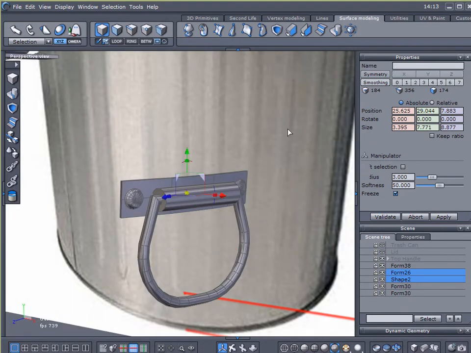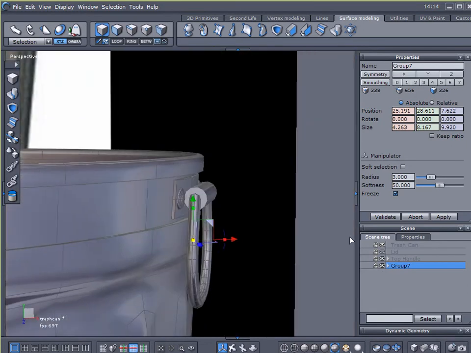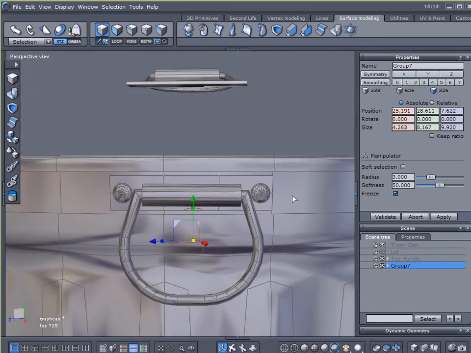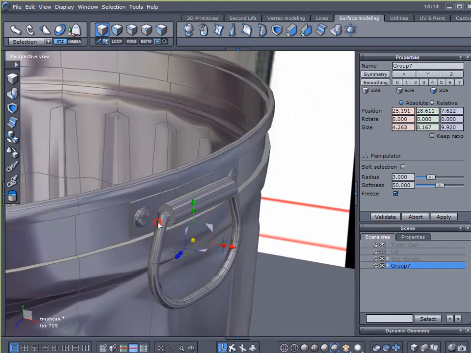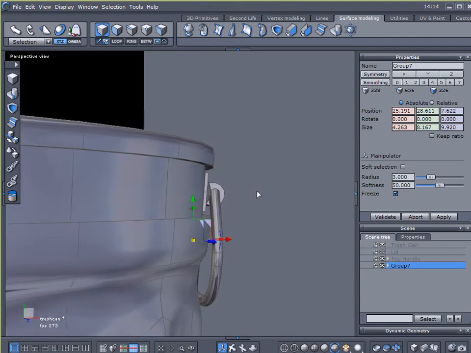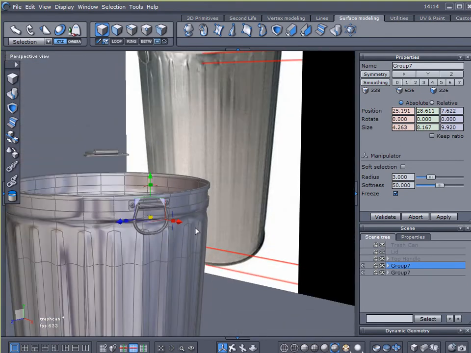And there we are. Okay, I will select all of those, 5 objects. I'll group it together. Let's turn on my trash can, and look at that. It is perfectly aligned right in the center here, and the circumference of that little metal bracket fits perfectly flush against the trash can. So Control D to duplicate that object,